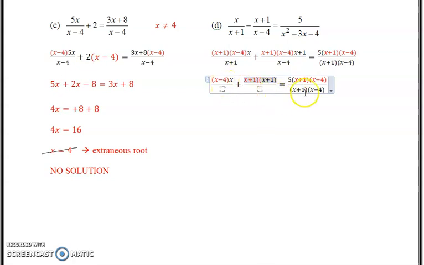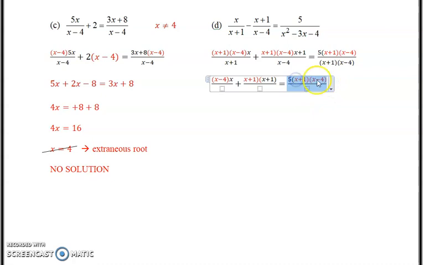Clean this up for us here. And then this x plus 1 over 4 divides with this x plus 1, x minus 4, and this leaves you with 5, right? So it is a little bit of a mess here. The denominator is gone. That's the whole idea. So I'll just fix that up, and we get